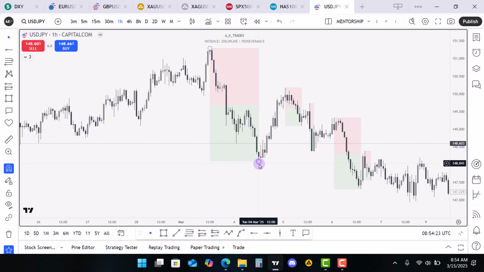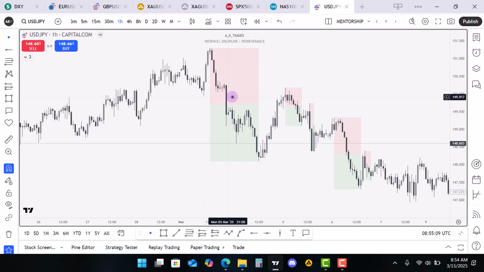So what we do here is to wait patiently and observe for the retracement to occur. That is what we are looking for: retracement. So when the retracement has not occurred, we are not getting into the market. Like I always say, we are not just looking to execute trades, but we want to execute trades that have the highest probability of taking us to our draw on liquidity. So as you can see, there was no retracement that occurred at this point. So this is where the actual retracement occurred.